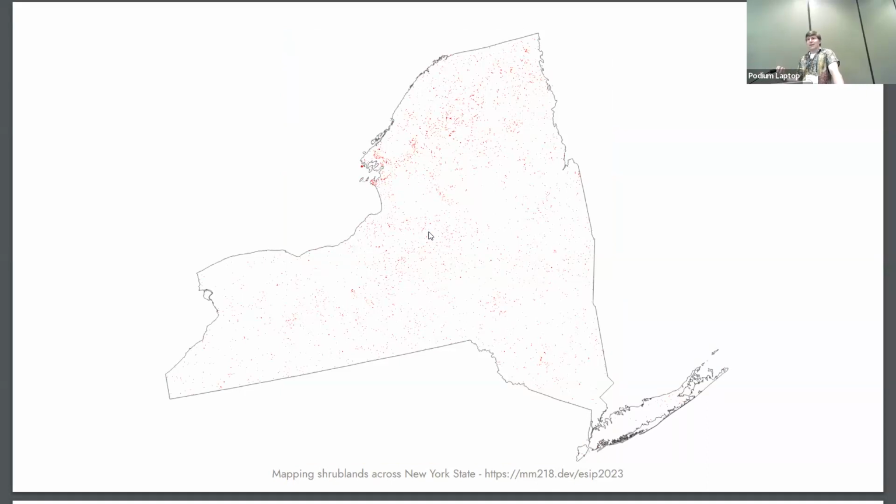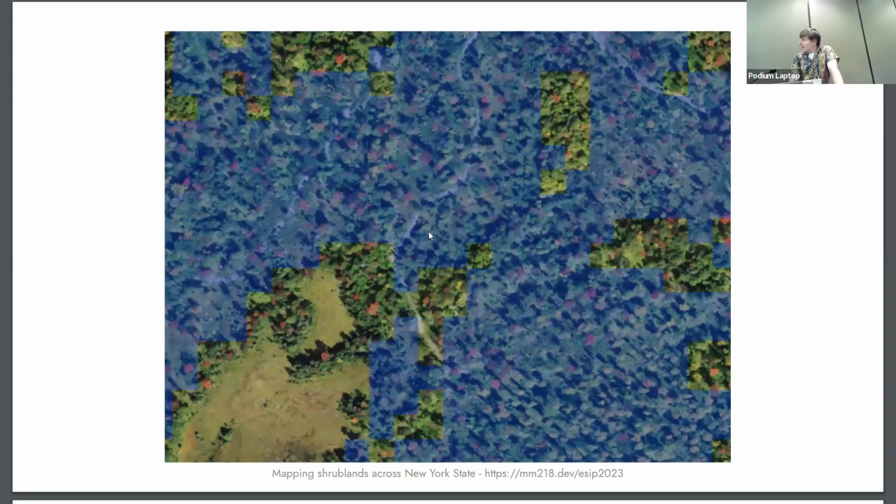Add in that those shrublands are ephemeral, eventually our short forests just become forests. And it's really difficult for these products to actually capture these areas while they exist. Last but not least, because our shrublands are just short forests, it's really difficult to identify them based on imagery alone. So as an example, the blue pixels are areas that NLCD called shrubland in 2019.